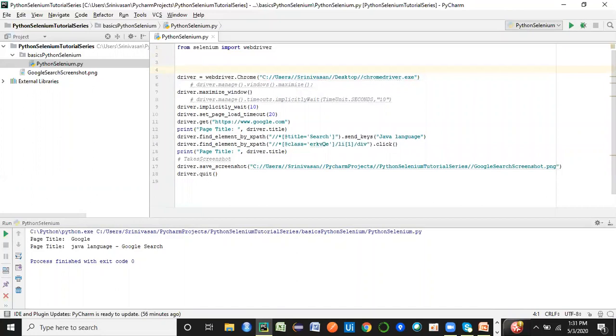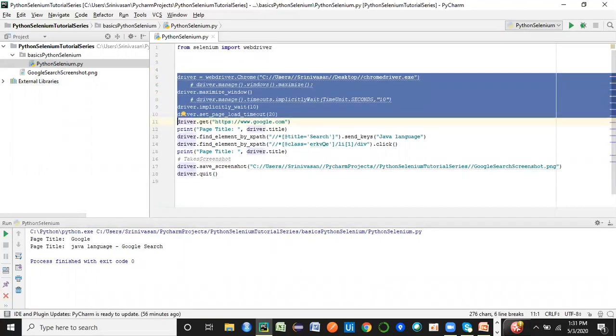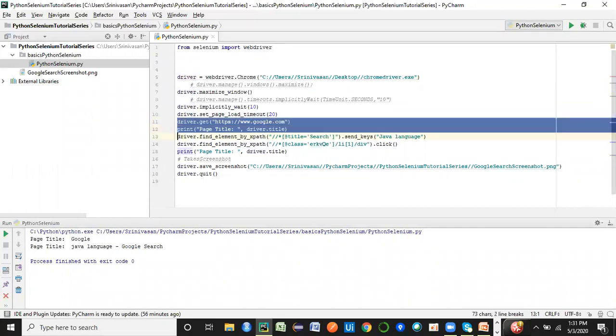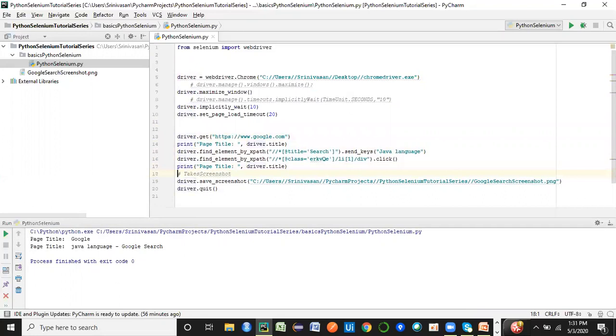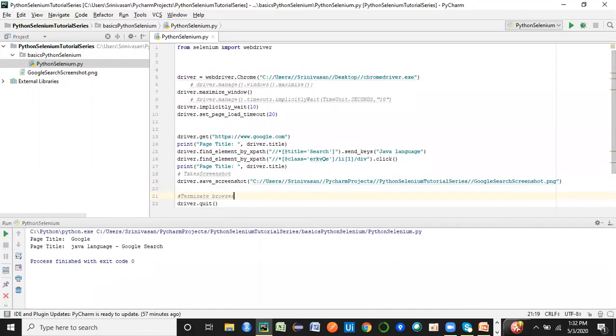So I can organize my code in such a way that something will take care of launching the driver and launching the browser. Whichever application I want to launch, I will keep as a part of my test case. So I'm going to separate it out. This is going to be one particular section, the setup section. This is going to be the actual test case, and this is going to just terminate the browser. So I'm going to have my entire testing divided into three areas. Let's categorize them and create a class in Python.